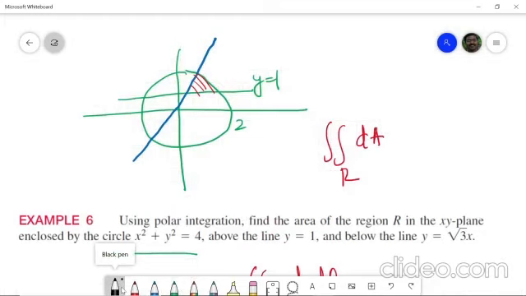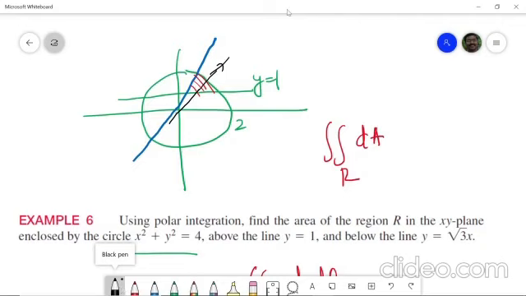If you draw a line through the origin, first of all it will touch this region. It is starting from y is equal to 1 and moving till the topmost portion. So if you draw a straight line from the origin, your r first intersects the region at the point y is equal to 1, and then it moves on to the circle. Okay, so how will you write that?